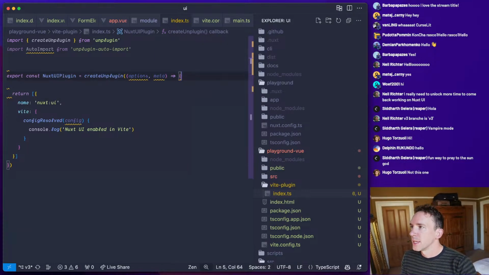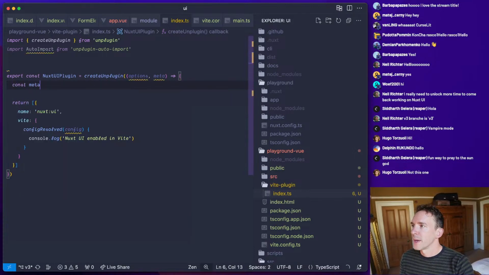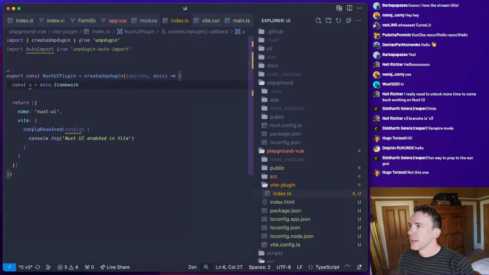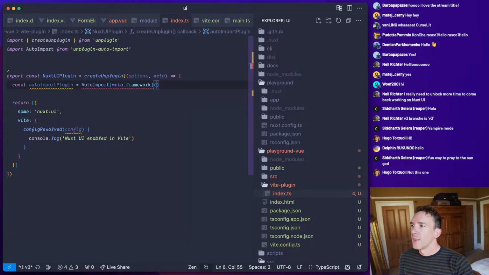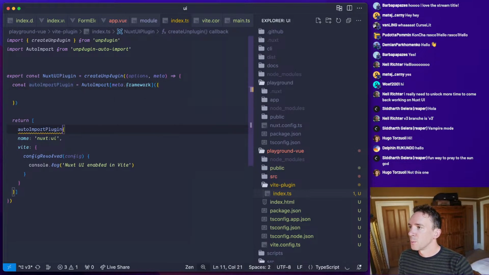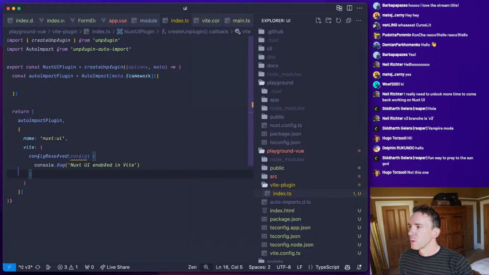We can do const meta framework, so basically we can create an auto import plugin. So const auto import plugin equals auto import meta framework. Then we're going to create that and configure it, and return that as one of our plugins. So it's going to be sort of pre-resolved for our users here.